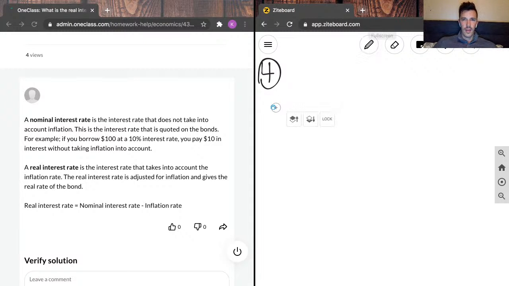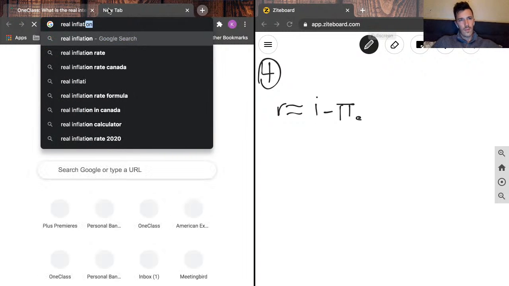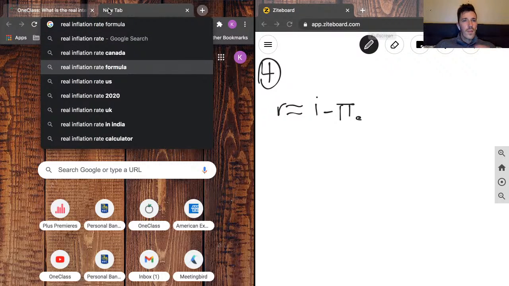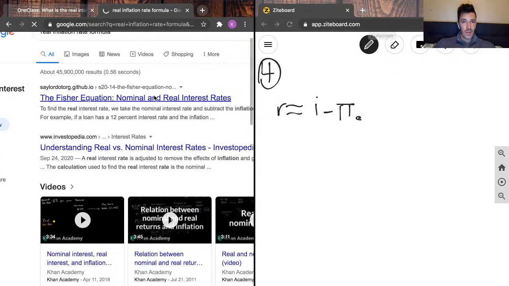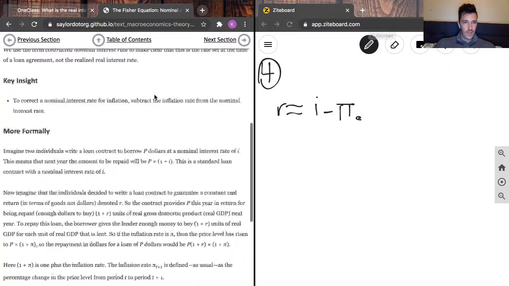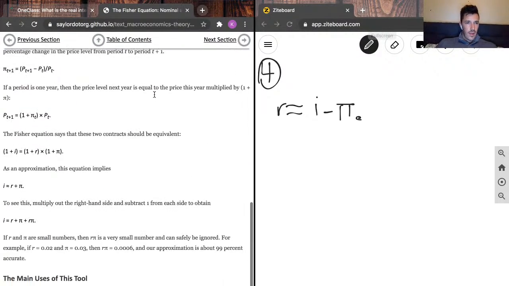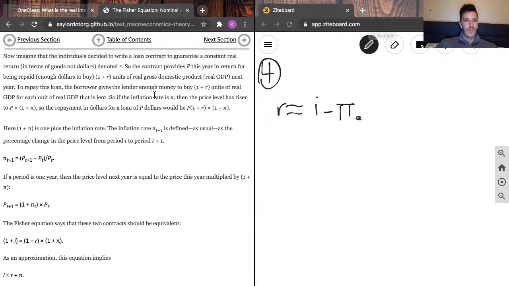But if I remember correctly, it is only roughly equal to the nominal interest rate minus the expected inflation rate. I'm going to Google that to make sure because I don't want to lead you guys astray. Fisher equation. This is ringing a bell. Yeah, so I think the actual